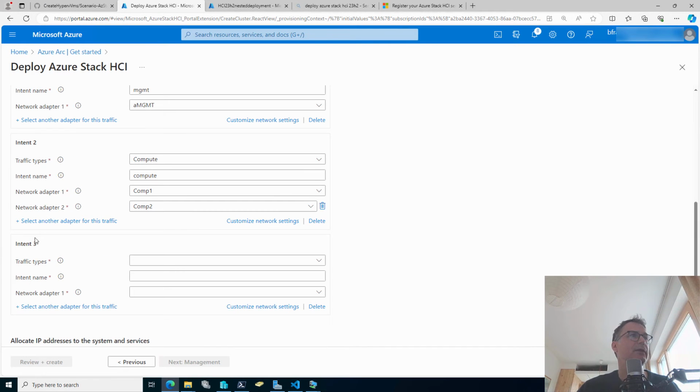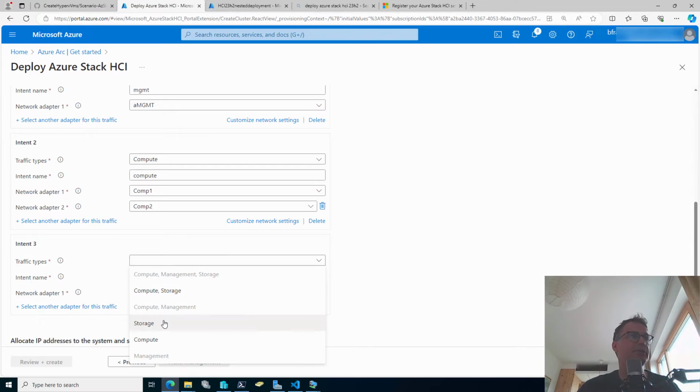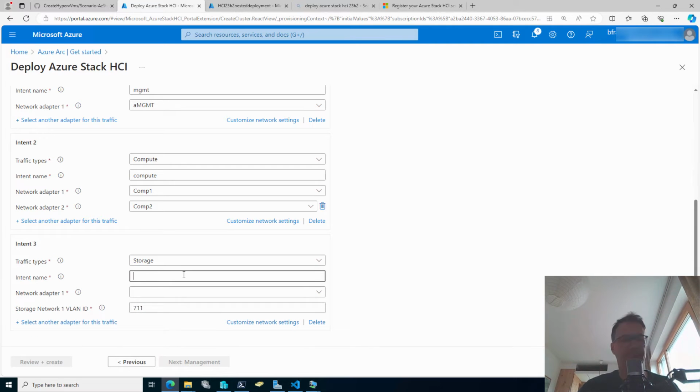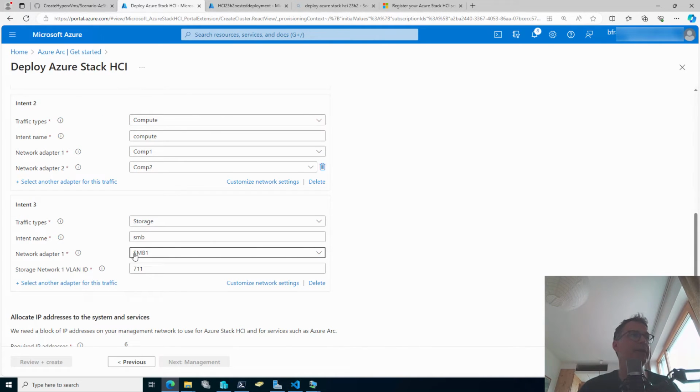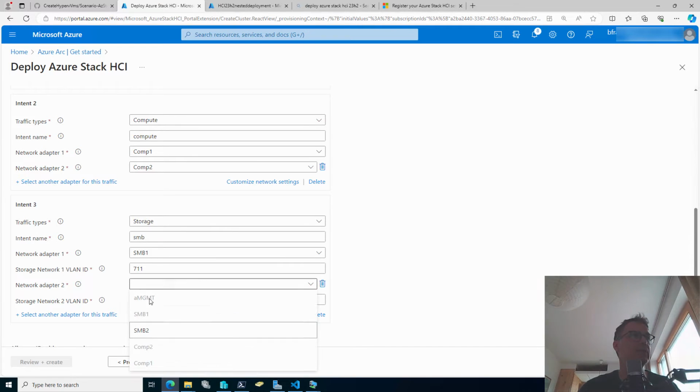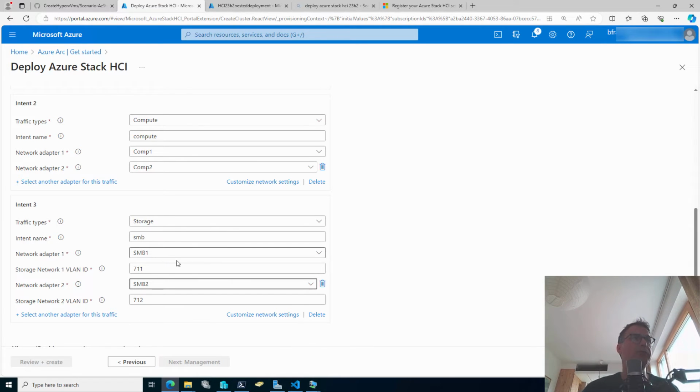Okay, last one is the traffic type storage, which is, let me take that one. And we also do have two adapters left, which is SMB1 and SMB2. For these, you need the VLAN IDs or the VLANs, right? And with that, I would leave it as the defaults in this environment, right? Because we have been running a script before that explicitly allows only these two VLAN IDs to be used